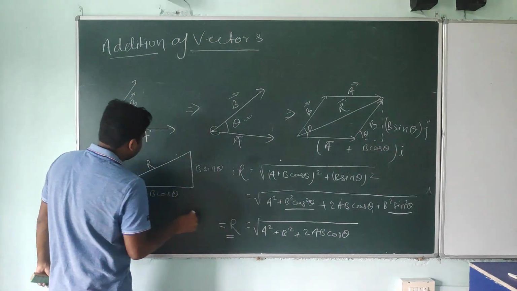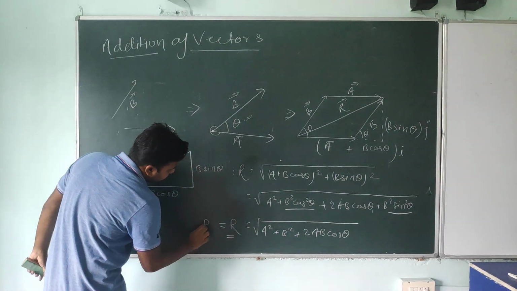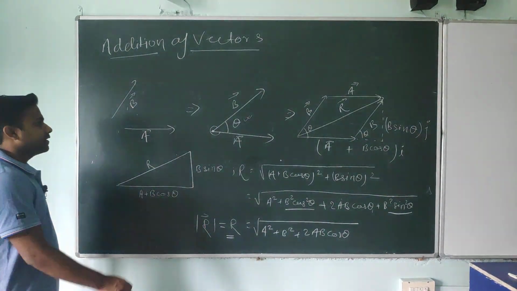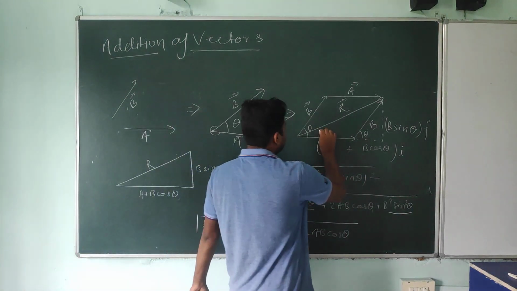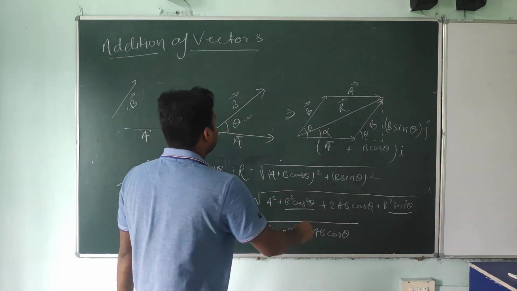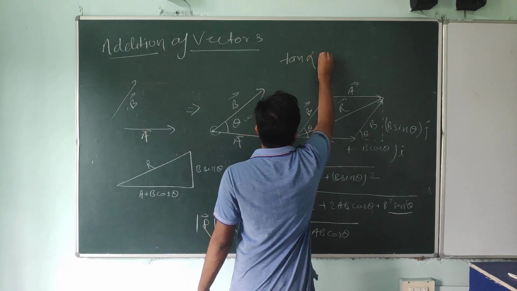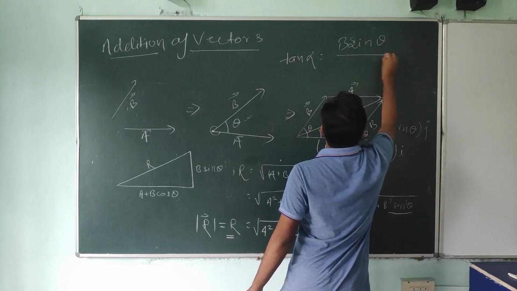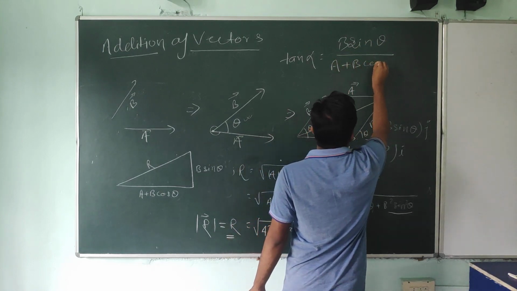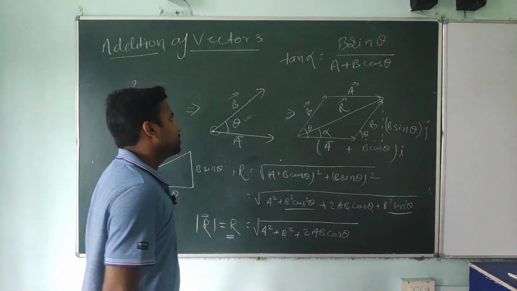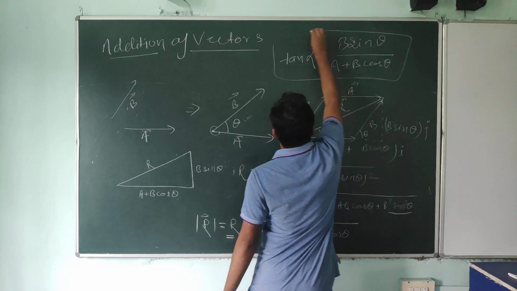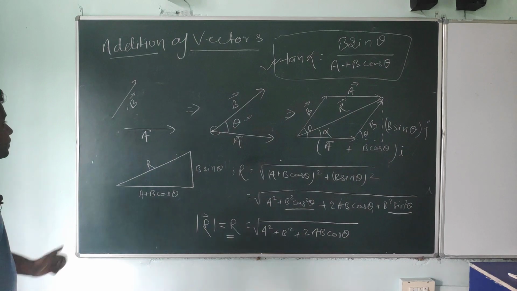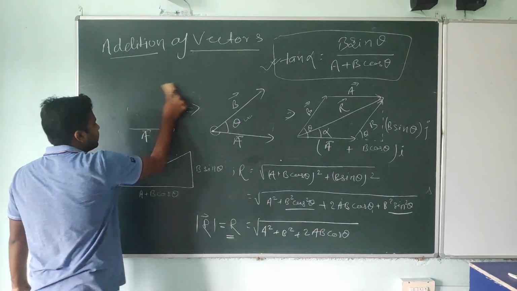There are two ways of notation for magnitude. Either you can write the vector with the modulus, or if you write it directly, that also denotes the magnitude. If you want to find the angle alpha that the resultant makes with the horizontal axis, you can write tan alpha equals perpendicular by base, so B sin theta divided by A plus B cos theta. Is it or not? Using this concept you can find the angle alpha also. Okay students, today I am going to discuss 2-3 examples based on this addition of vectors.